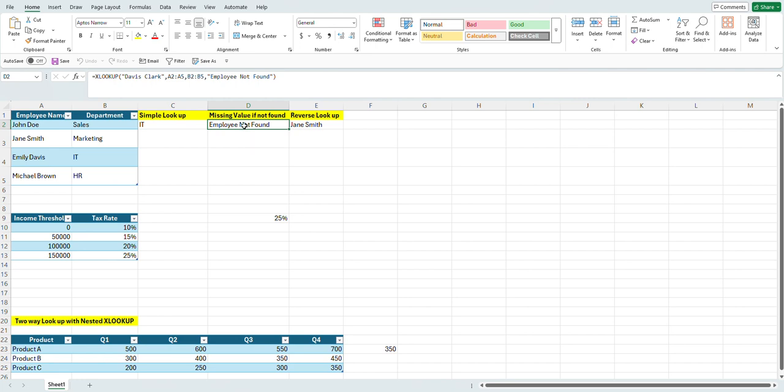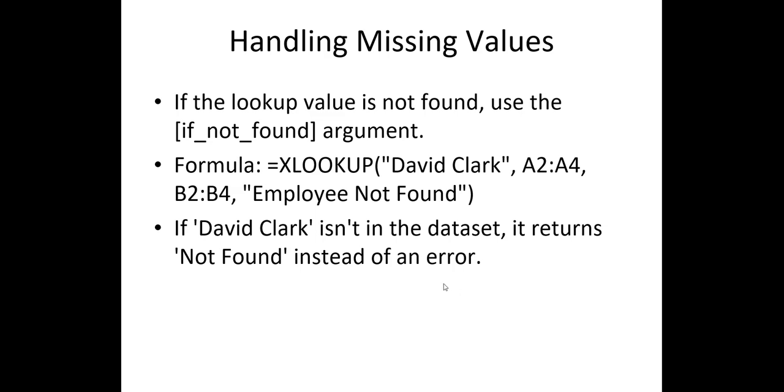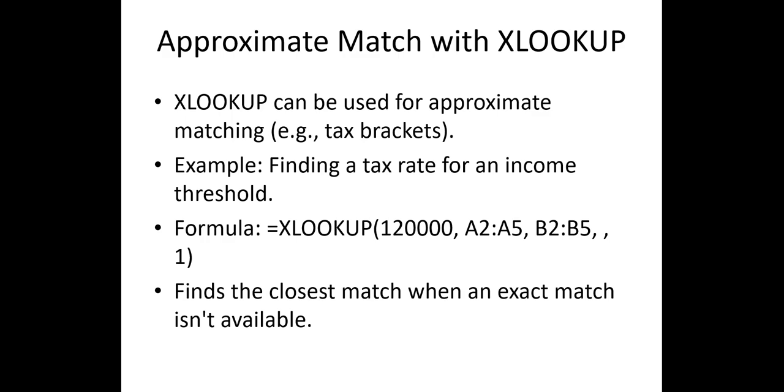Now this is just much easier. Instead of those #N/A errors, it says the employee is not found in the data set that we have. I hope this makes sense, how clean and easy it is. Instead of trying to figure out what this #N/A means, it just says "Employee not found." So that's all right. Moving along,